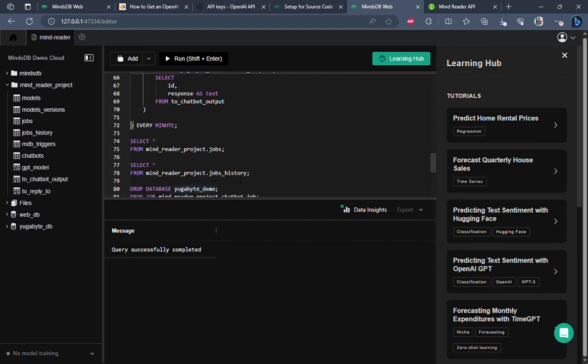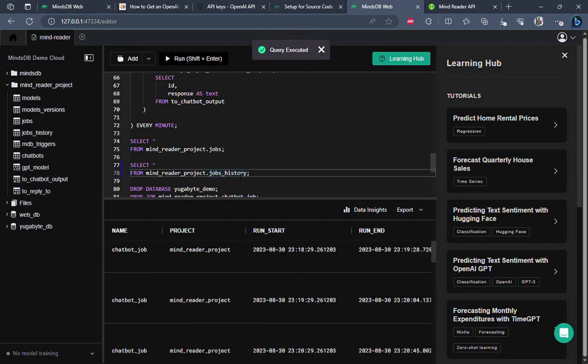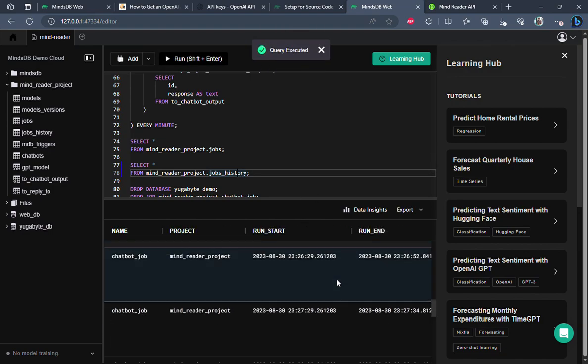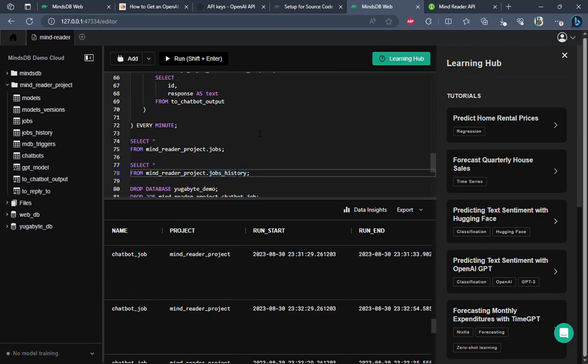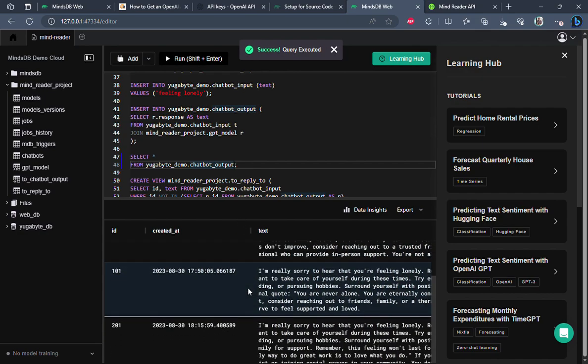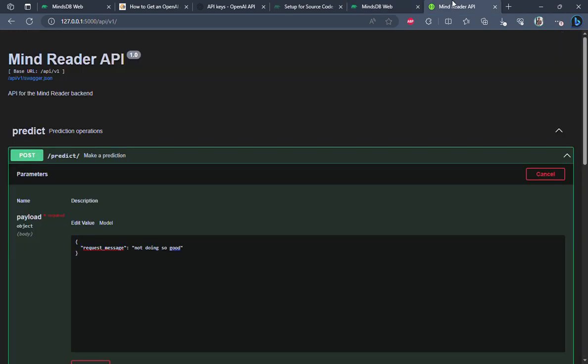I check the job history. Yeah, the job is running. There's a lot of entries. Let me check the output table. Yeah, we have the third entry. That was our expectation. Now, as part of my implementation for the backend, what I've been able to do is